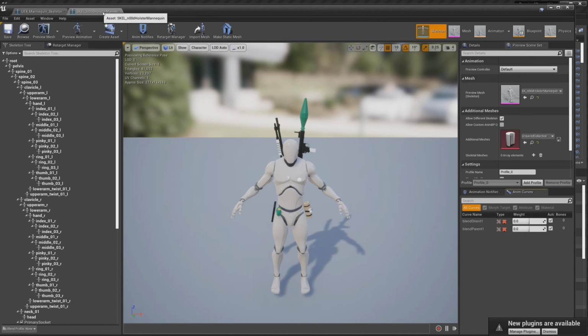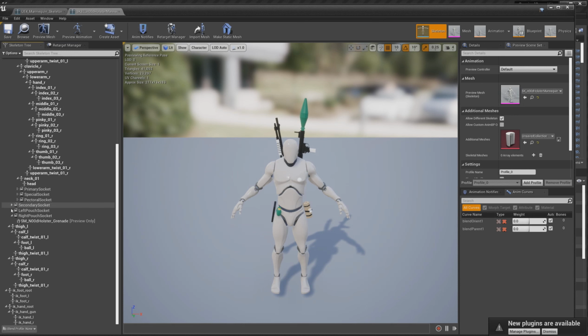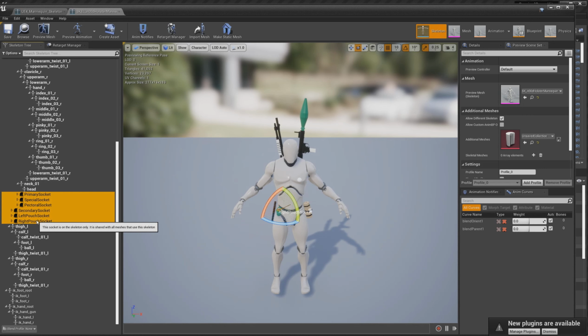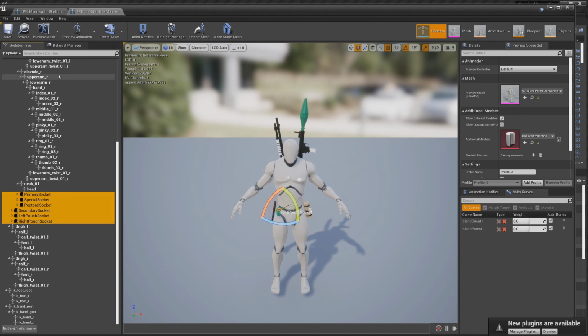So go to your N00dHolster one, and if you scroll down on the left hand side, find this primary socket and below it, just click all the arrows just to hide all of the asset things there, but basically we want the primary socket, so left click on that, shift left click right down to the right socket, we'll right click, copy the selected sockets, and then we want to click back on our mannequin,